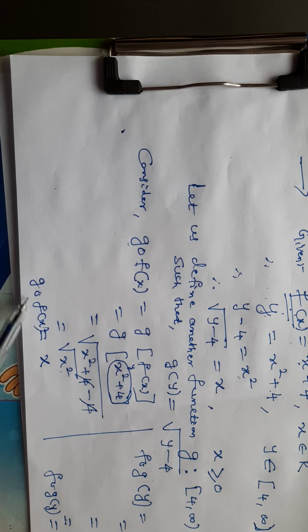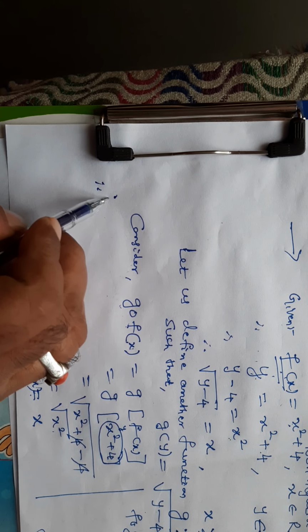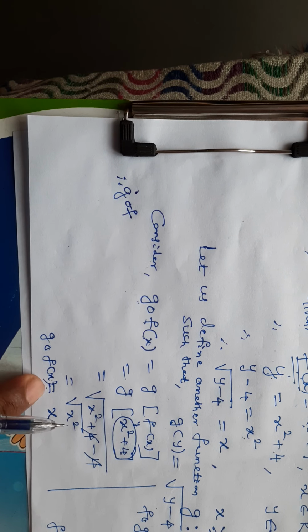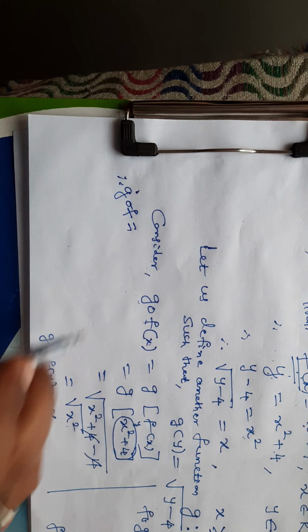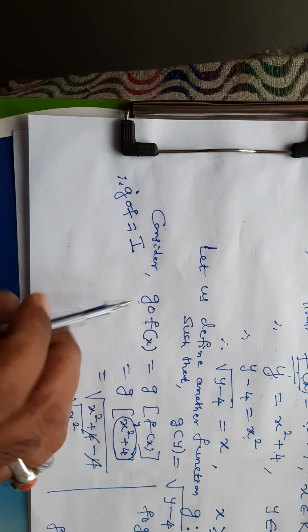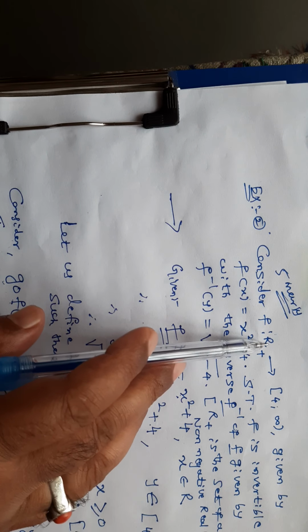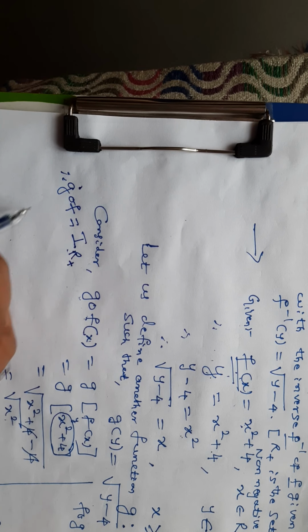What I proved here is g of f of x is equal to x and f of g of y is equal to y. So both are equal to identity functions. Therefore, g of f of x is equal to x means it is an identity function. On which set? What was my domain here? My domain was R plus. Which is very, very important, defined on R plus.